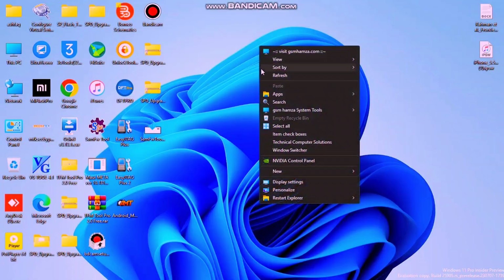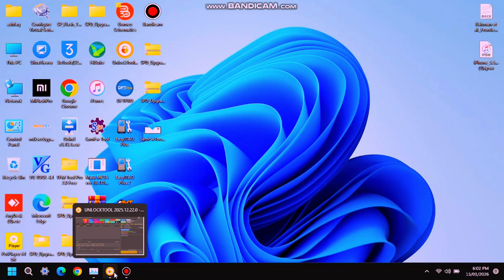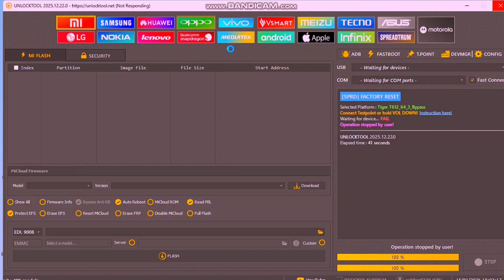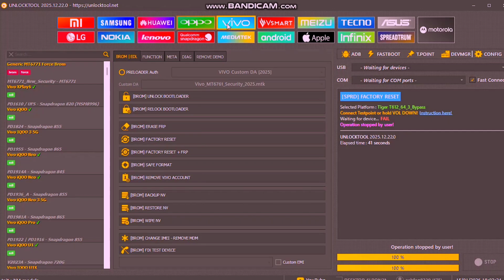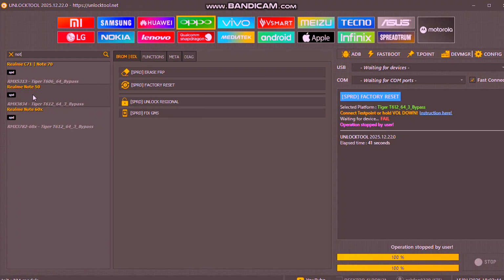Then you guys have to go to your PC and open unlock tool. Here in the unlock tool, go to the Oppo section as the Realme phones have been placed in this category. Tap on the Oppo. Here in the search bar, search for Note 50. Then here tap on Note 50 and we have the pattern set up on this phone, so you guys have